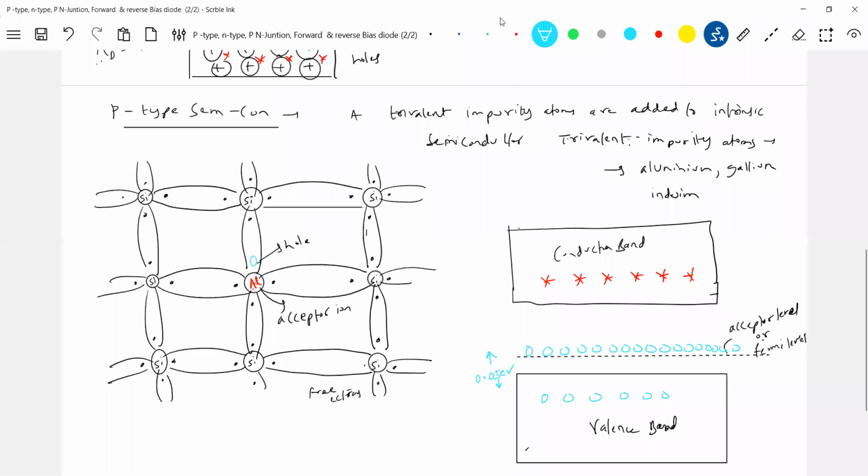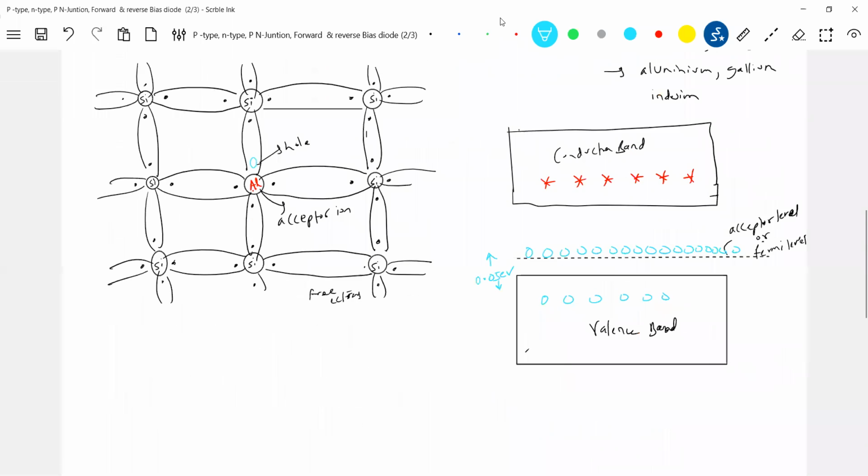So what we did, just by adding an impurity atom, for the addition of one atom, we get one hole. Like that, if I add just a few grams, millions of holes will be available for conduction. So I increase the conductivity of this semiconductor. I'll call this a p-type. N means negative, not that the semiconductor is negative; they just brought the name n-type, and this is called a p-type semiconductor. So shall I say these are acceptor ions? It is in need of one electron to complete the bond. So how do we show the p-type semiconductor?